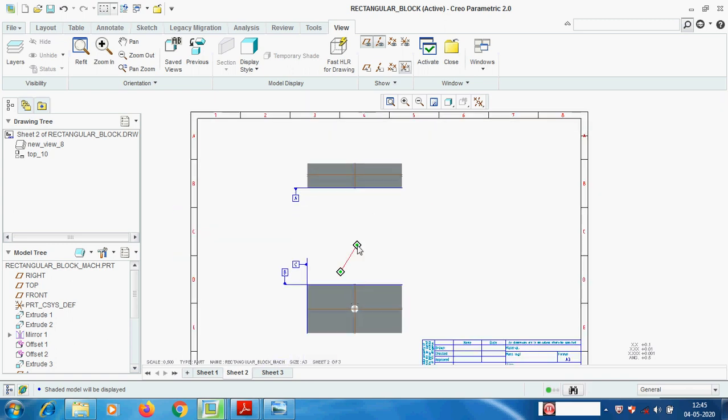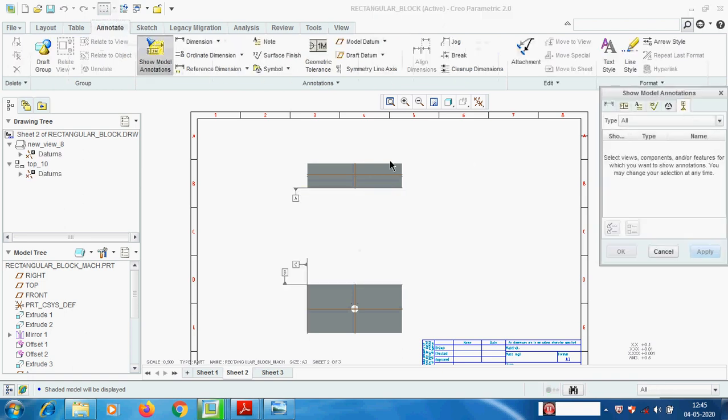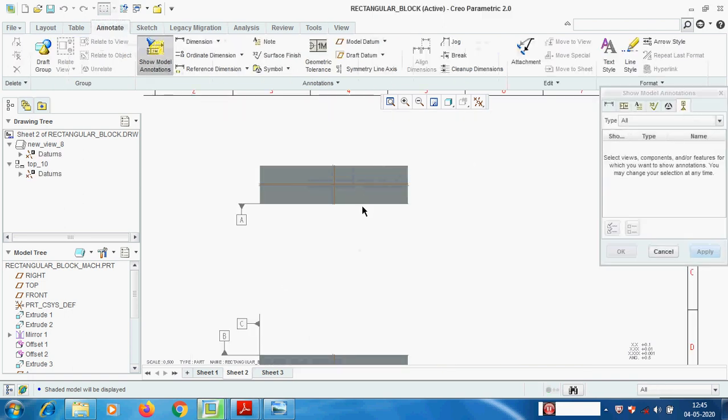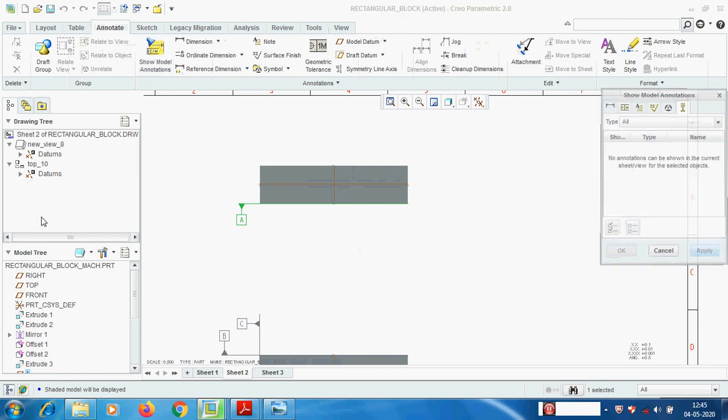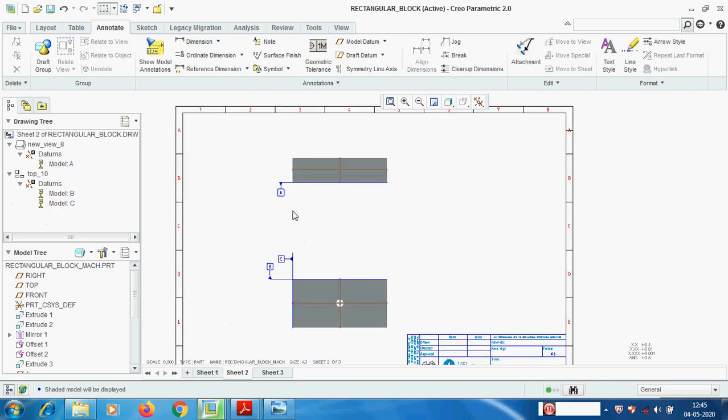If we want to place, we can annotate here, go and pick. You can retrieve all the datums. Otherwise, here we can see B, C, we can add. Okay, now we have assigned A, B, C.